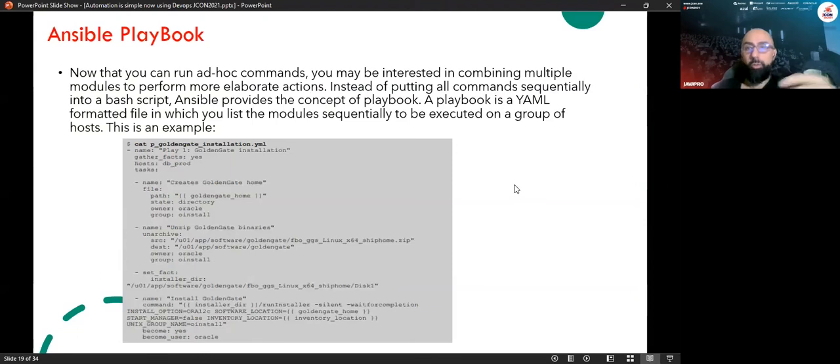The playbook is the second part of Ansible, and it's considered very advanced. This one has been taken from one of my playbooks. You can find it also, as I upload everything to my GitHub, so no need to keep saying this. This one installs Oracle products such as Golden Gate.